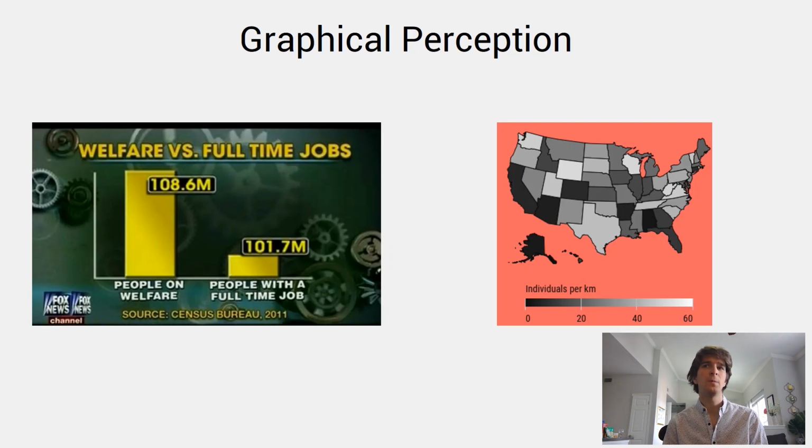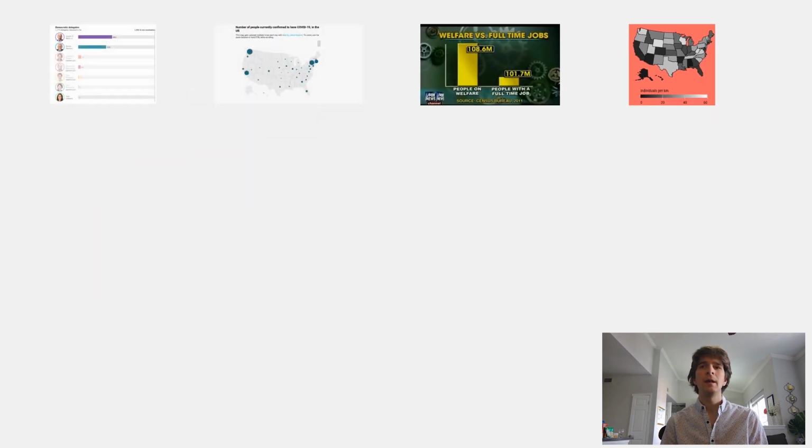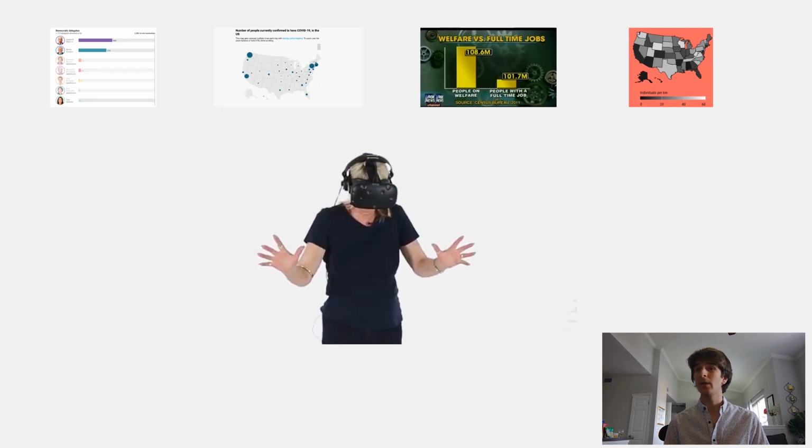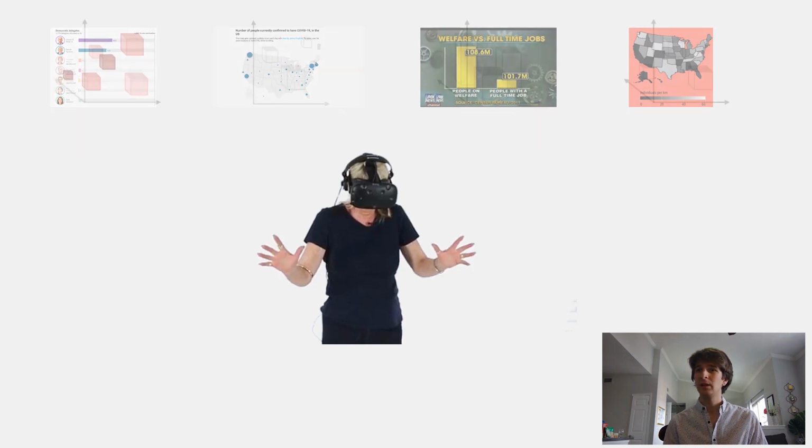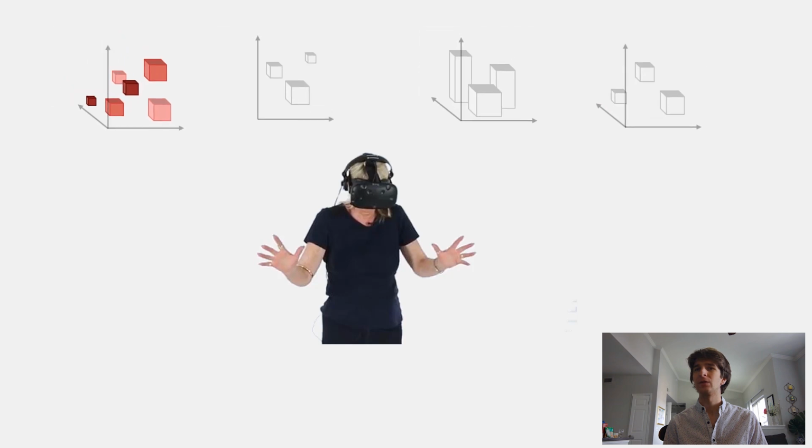On the flip side, if you make strange choices like truncating your axes to not start at 0, or if you use unintuitive color scales in your visualization design, you can actually wind up deceiving your viewers. And everything we know about how people accurately read visualizations is grounded in 2D. We don't know how well these ideas hold in virtual and augmented reality. So we look at how this issue of graphical perception changes as we move from standard 2D displays to VR